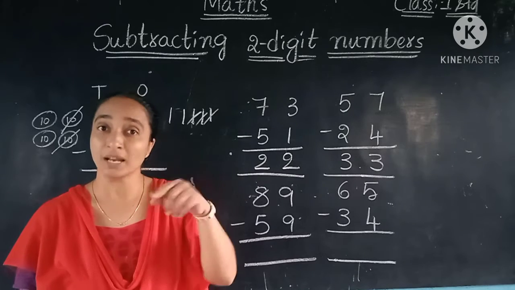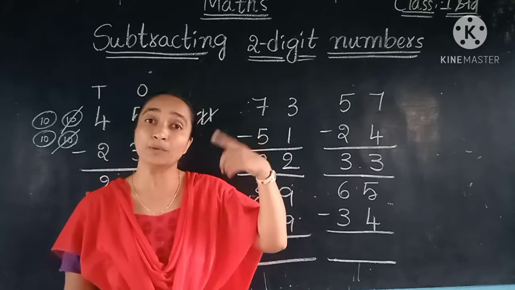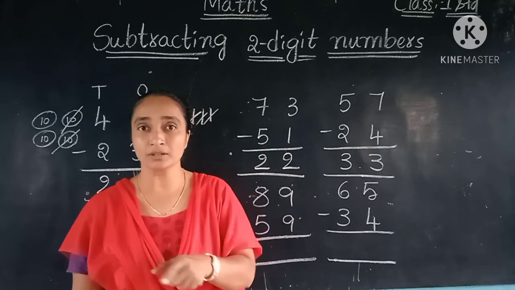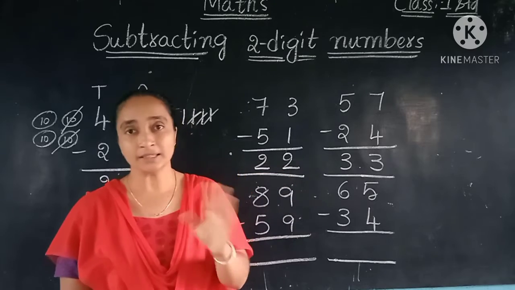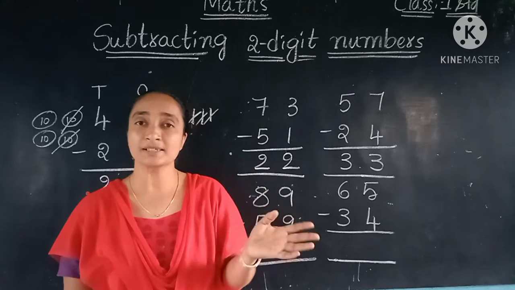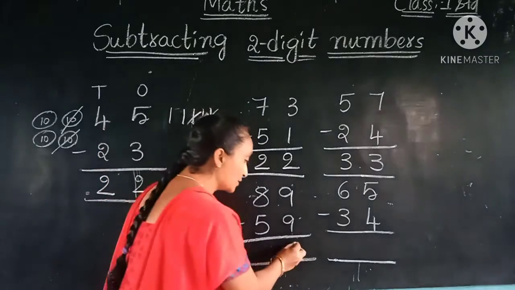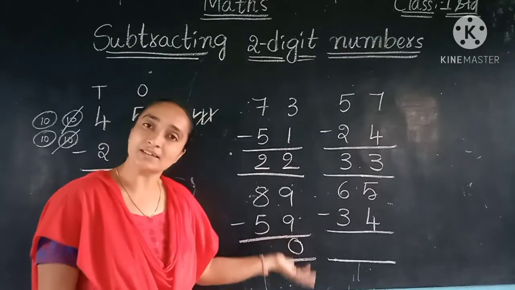But in addition, the number will increase. So for the 9, when we are adding the 9, the number will increase. Whereas in subtraction, if you subtract the same number, 9 minus 9 or 2 minus 2 or 1 minus 1 or any number, 5 minus 5, whatever it may be, the answer will be 0. So 9 minus 9 is 0. We don't need to take the fingers at all.